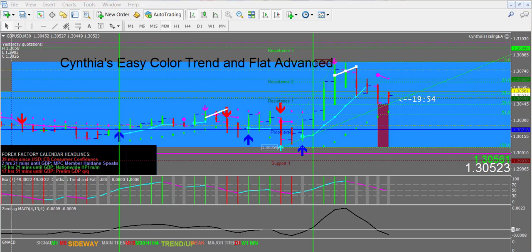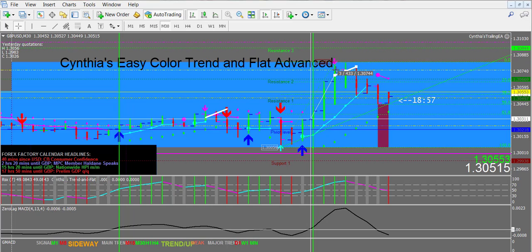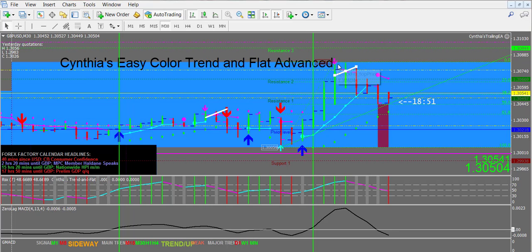We're watching the pound US dollar on a 30-minute chart, and just to recap what happened before, right around the London Open, the key level of 1.3025, right here we entered long and we exited at the next two key levels above that at 1.3050. That was a gain of almost 50 pips. It's about 40 pips. And we took profit because we had the reversal magenta arrow show up, and then the